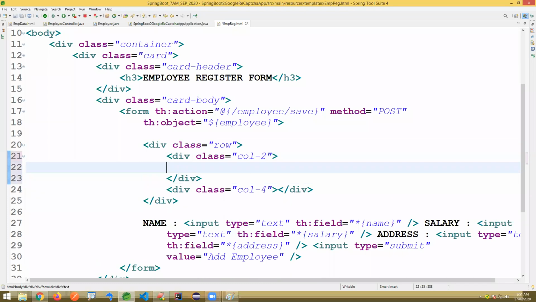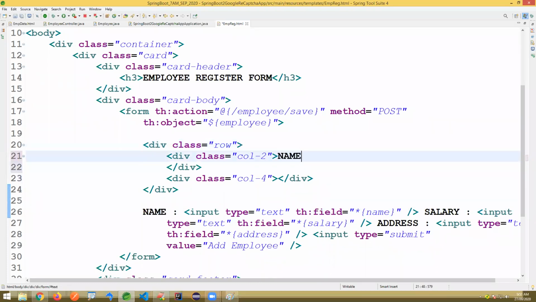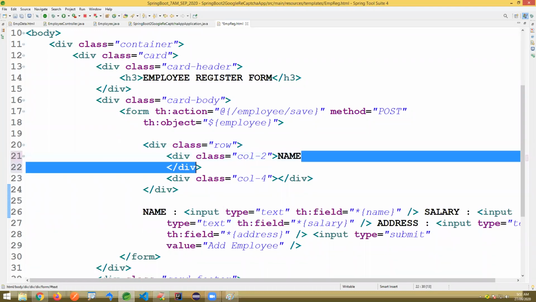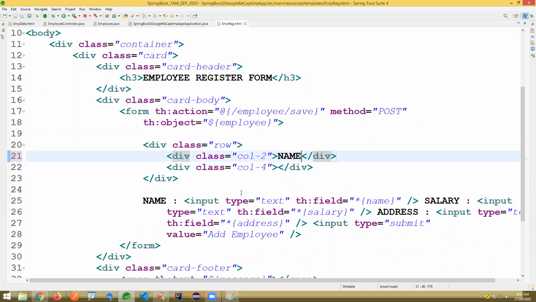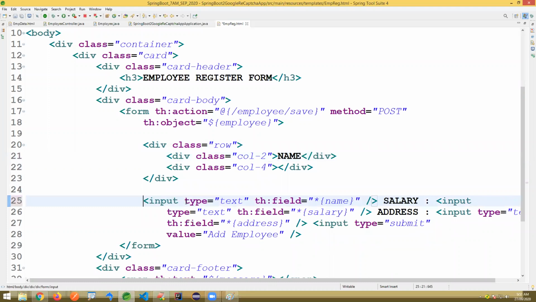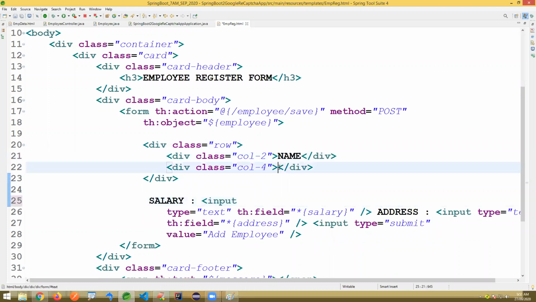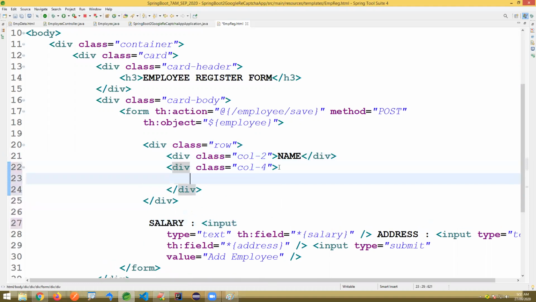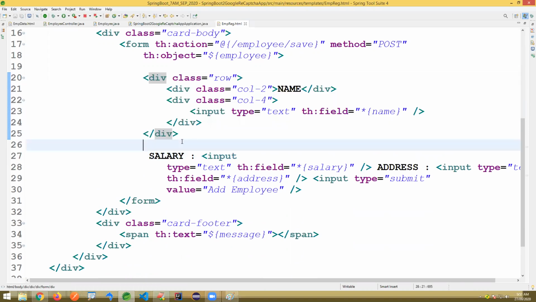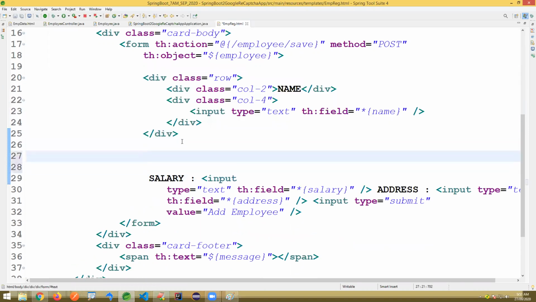There I'm just adding a label here. Directly also you can mention, not an issue. It's a name. It's an input. Like this, I'm just repeating these rows here. It's just a simple UI design, nothing else.